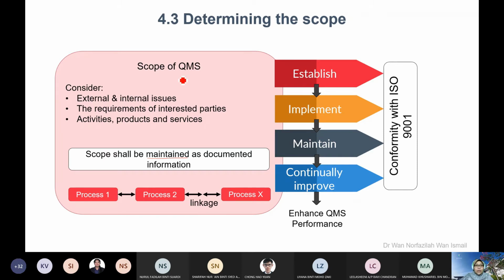So once you consider all these three things, then you need to establish the scope. Once you establish it, you communicate to your partners in the lab, or to your lab assistants, everyone involved in the lab, about this scope, and then you need to implement. After you have implemented, you need to maintain the scope in order to fulfill the customer requirements and continually improve. Is there anything lacking somewhere? You can do continuous improvement.